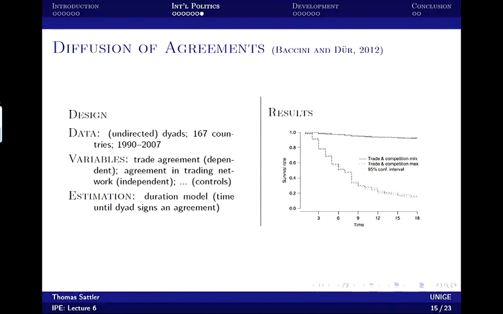So in other words, if we see an agreement somewhere else in the network and that agreement produces a lot of competition, the likelihood of an agreement within this country pair increases massively, right? The probability of having another year without an agreement decreases. That's what this second line shows you, okay? And this effect is pretty strong. So what this shows you is that domino theory actually explains many of the preferential trade agreements that we see in the international system.